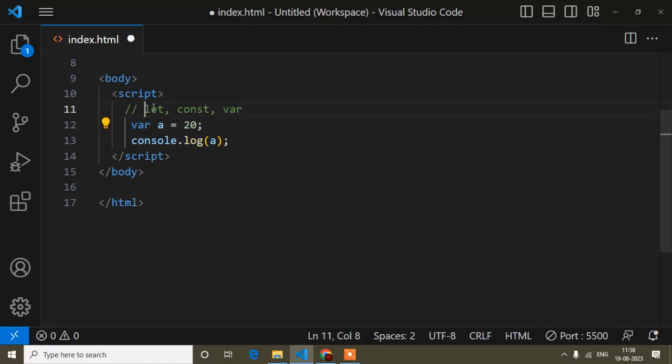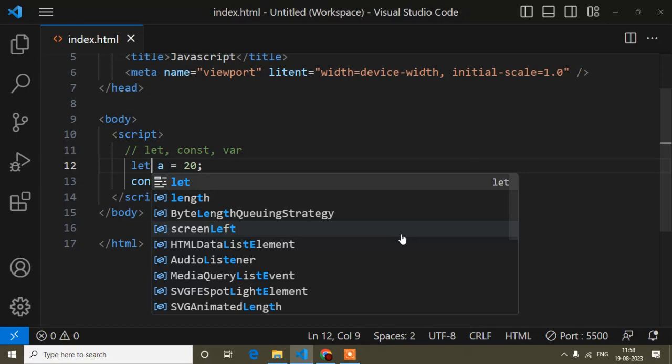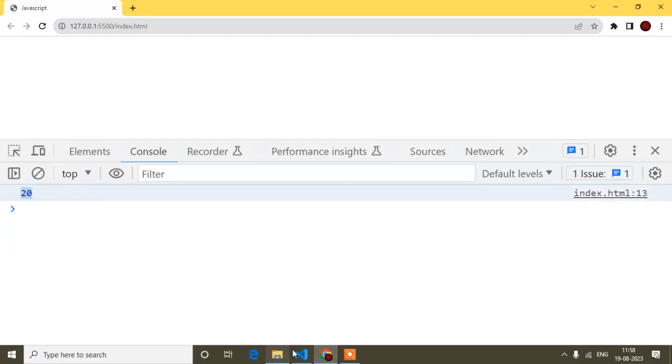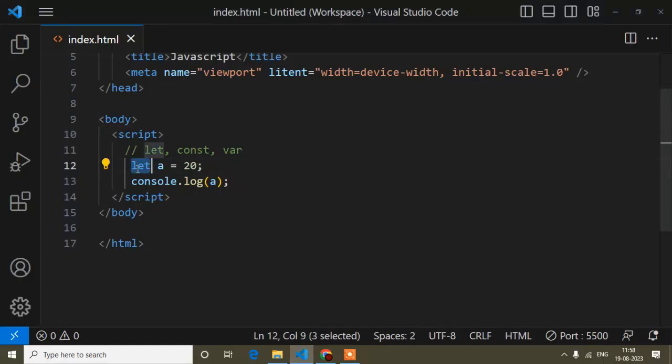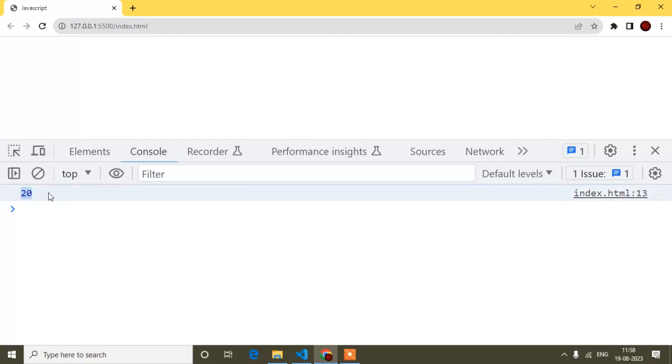Now I will show you let and const. Mainly I will show you the difference between those three. Instead of var I can write let here, and I will get the same output. The same way I can write const here and I will get the same output.